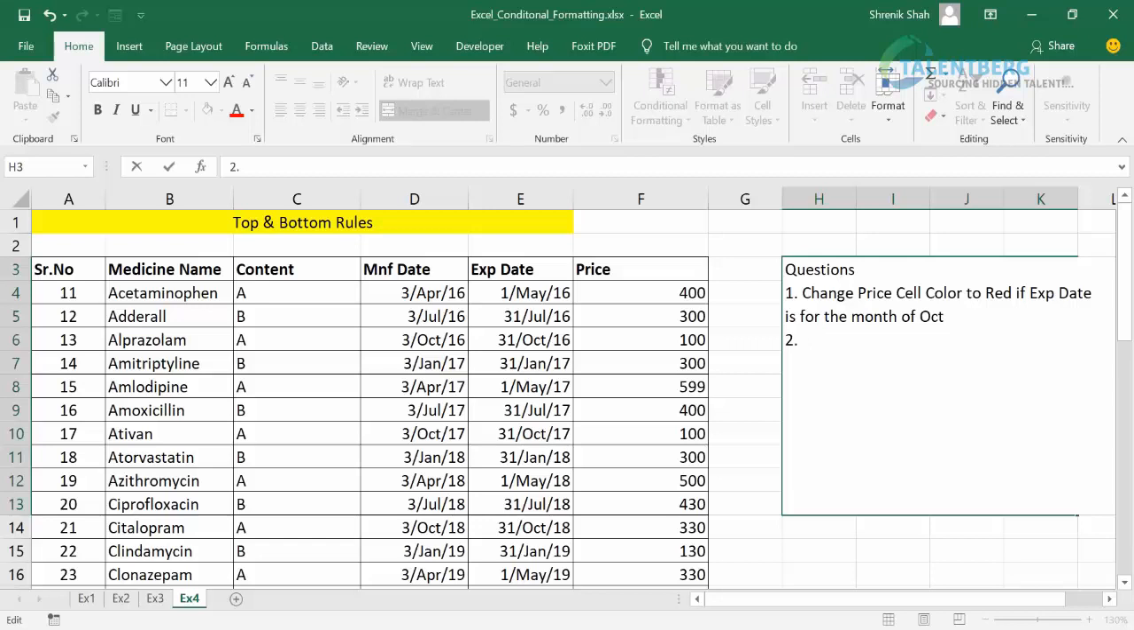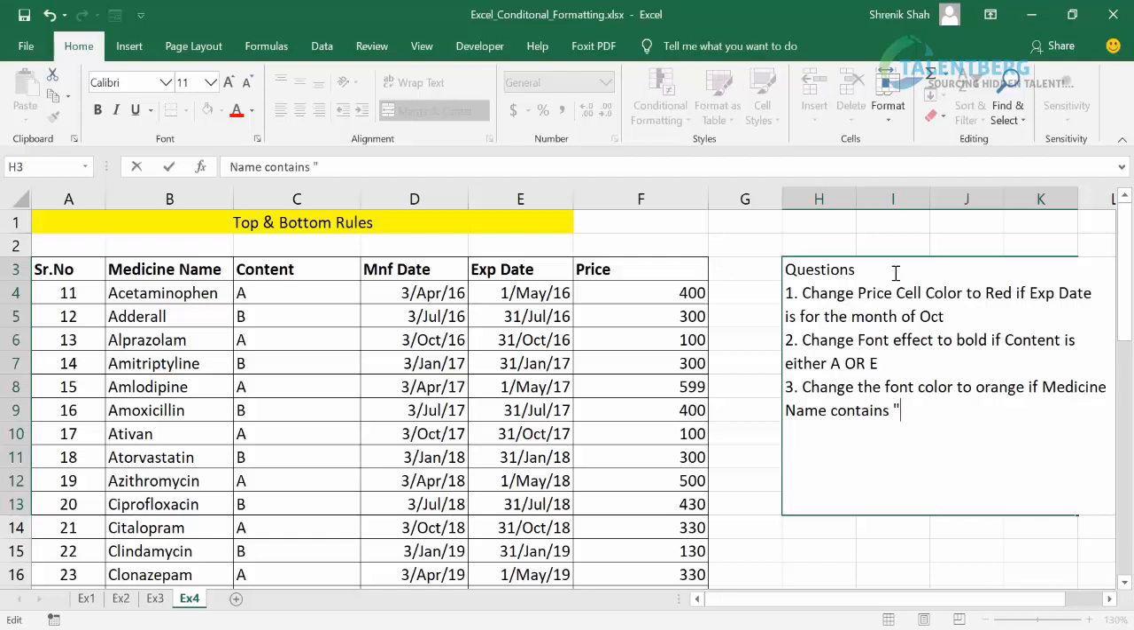Second question is change font effect to bold if content is either A or E. Either A or E. Third is change the font color to orange if medicine name contains text